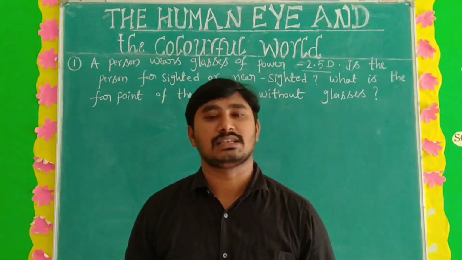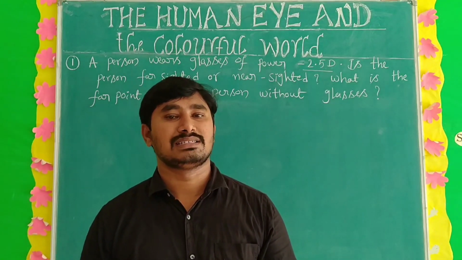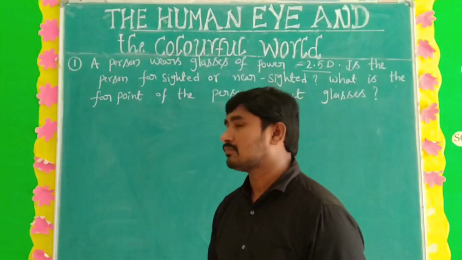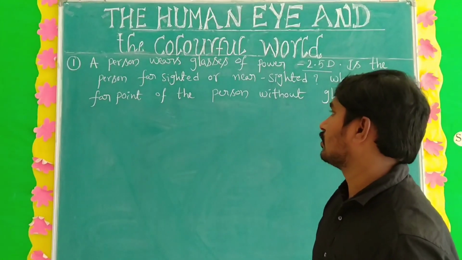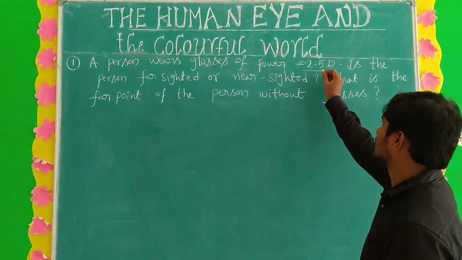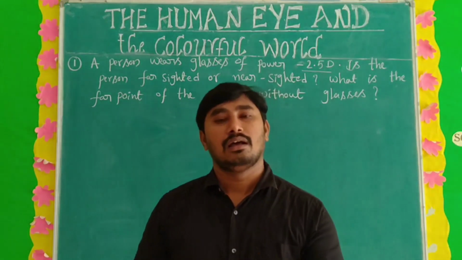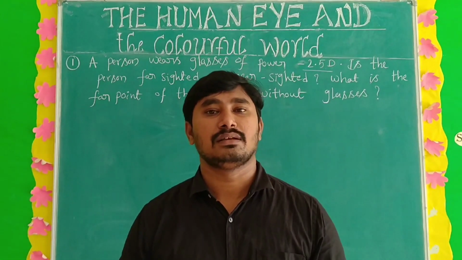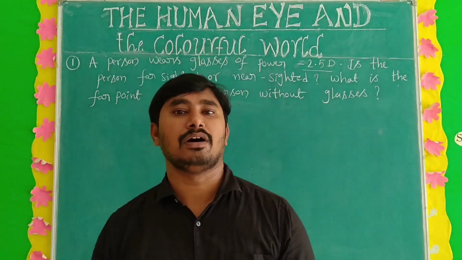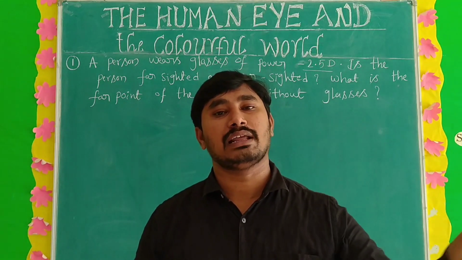And last time we had a discussion about the near point and far point. Far point means, without strain, the longest distance at which we can see an object clearly. Okay, so in this question, first of all, one clue is given. What is the clue here? Power of lens is given, minus 2.5. Power is minus or plus depending upon the lens. The concave lens power is always negative. Okay, negative power indicates a concave lens.